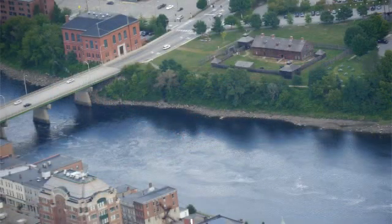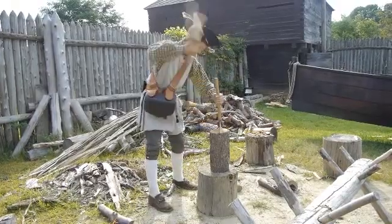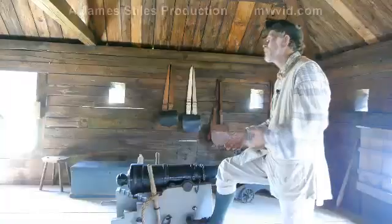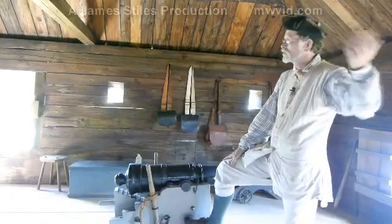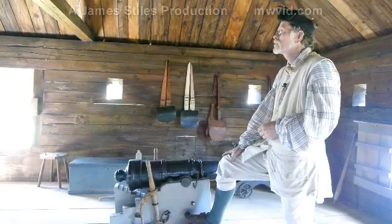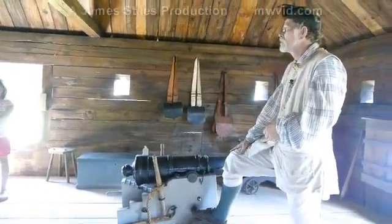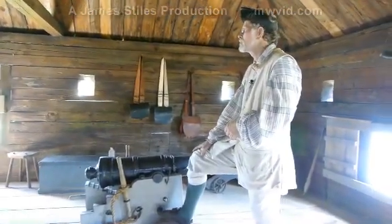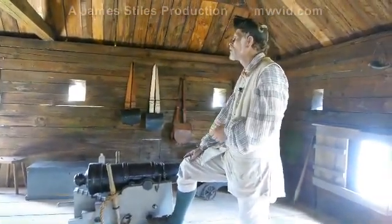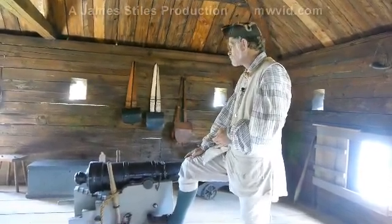The Abenakis would harass the English wherever they could. If there was a group of soldiers going out to cut firewood, they would shoot at the woodcutters. The boat going up and down the river, if there's not sentries to stop the ambush, they would come down and shoot at the boat. There's several documents, official reports of Indian attack on the boats, you know, this and that. But